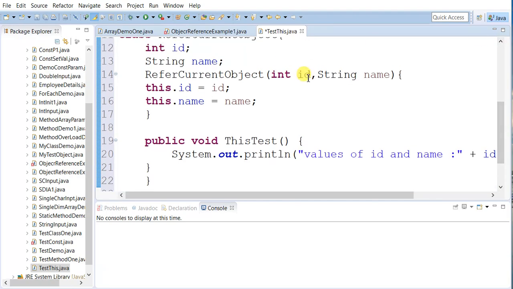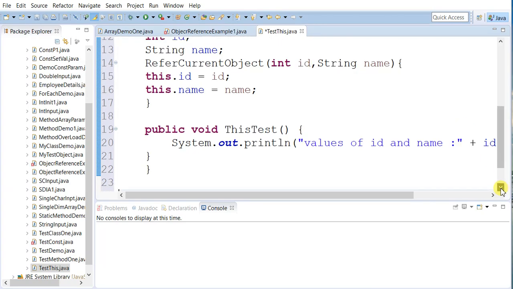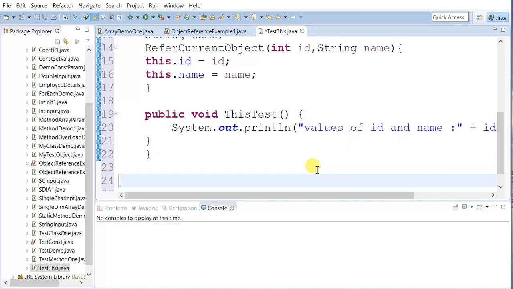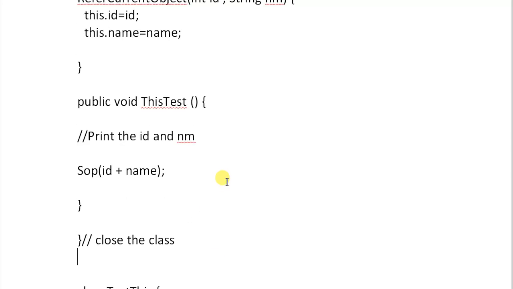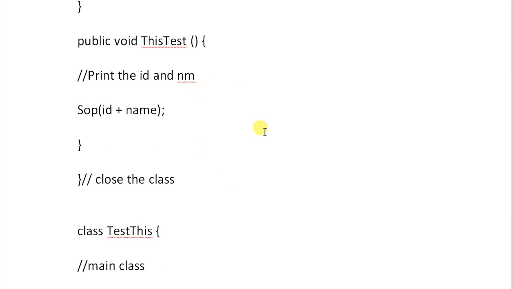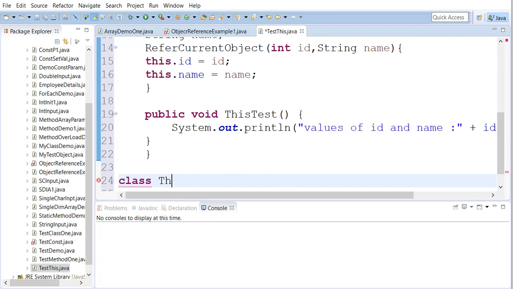When we instantiate the class, we can give the values as it is a parameterized constructor. So to instantiate the class, we need to create a main class. Let me come down a little bit. The name of the main class is test this. I am referring to that document because it will be more clear for you.